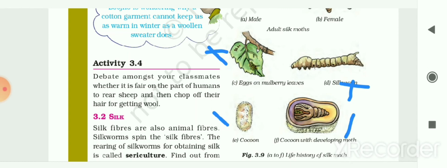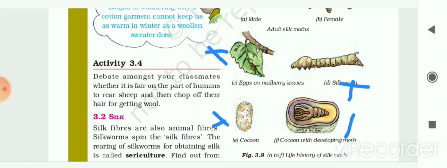Now the caterpillar enters the third stage of its life history, called pupa, and it first weaves a net to hold itself and then swings its head from side to side in the form of the figure of 8. And during this movement of the head, the caterpillar secretes fiber made up of a protein which hardens on exposure to air and becomes silk fiber. Soon the caterpillar completely covers itself with silk fibers and turns into pupa, and this covering is known as the cocoon. This one.